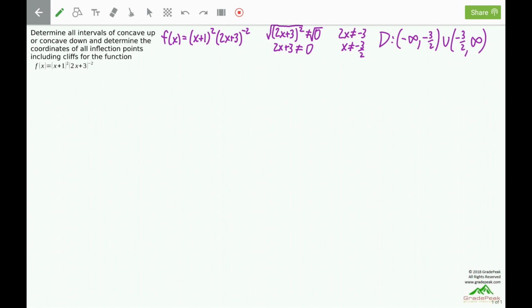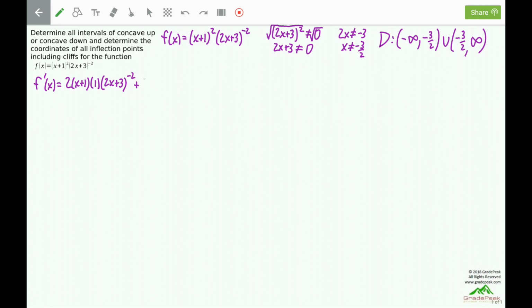The next thing to do is find all candidate numbers. We will need the second derivative for this. We will start with the first derivative. F of x is a product of two expressions, so the derivative will require the product rule. F prime of x equals the derivative of the first. It's a power rule. Bring down the power, leave the inside alone, subtract 1 from the power, multiply by the derivative of the inside to complete the chain rule, times the second left alone,